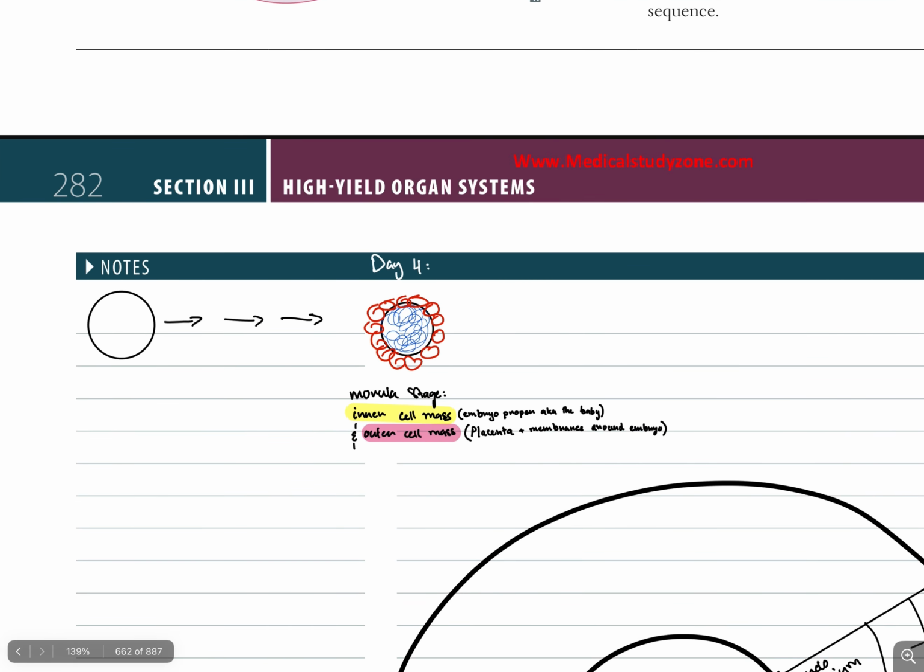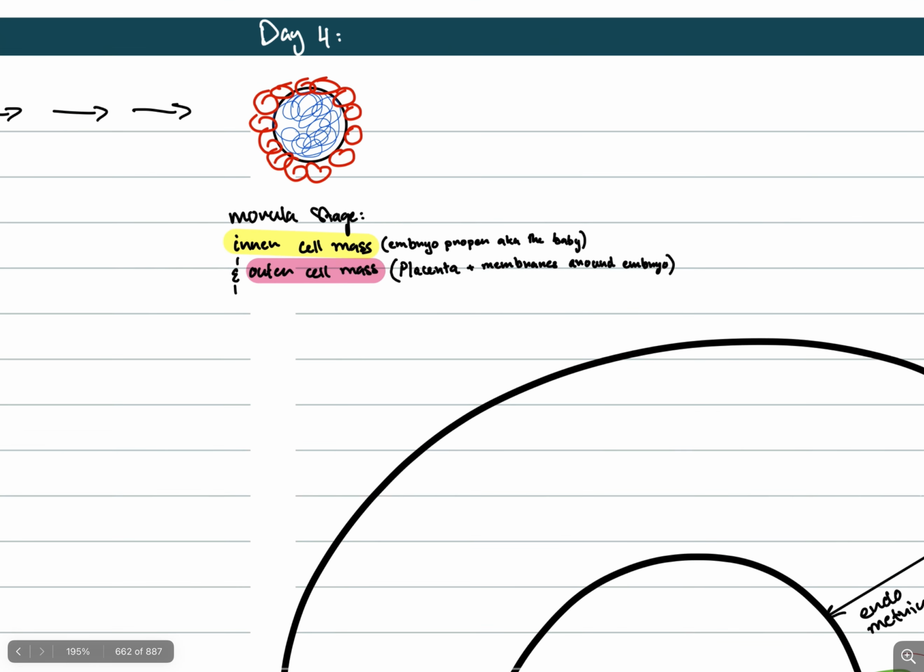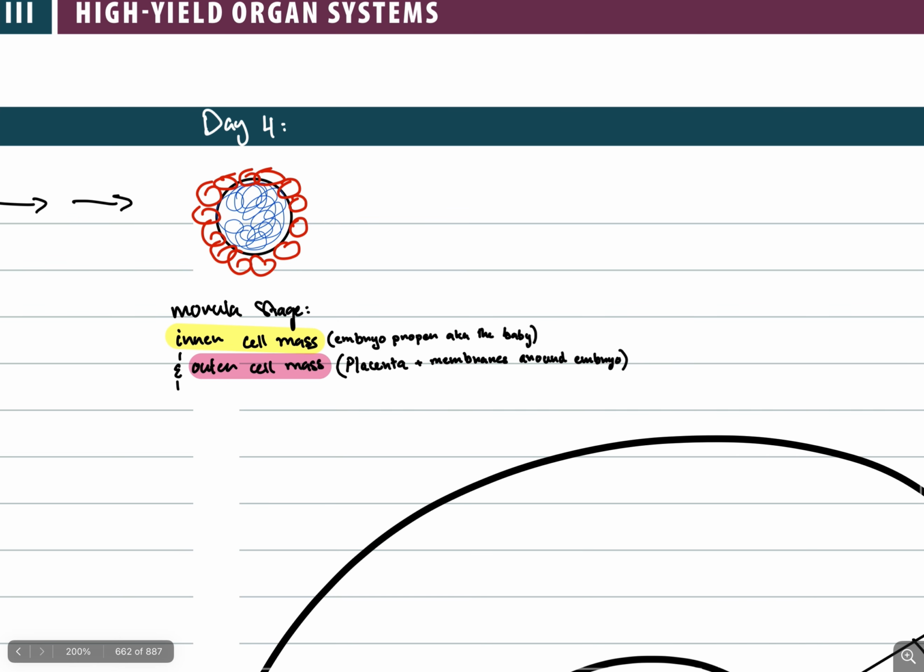Alright, so this is what we have so far in terms of the development of the placenta. So you have fertilization taking place, where you have the sperm entering the oocyte and forming a zygote. So obviously you'll have the division, so from one cell it will become 2 cells, and then 4 cells, 8, and then 16. So at day 4, we have this, which is the morula stage, where we'll have an inner